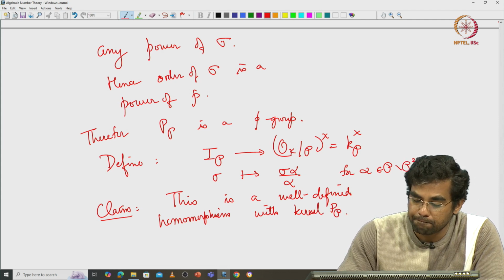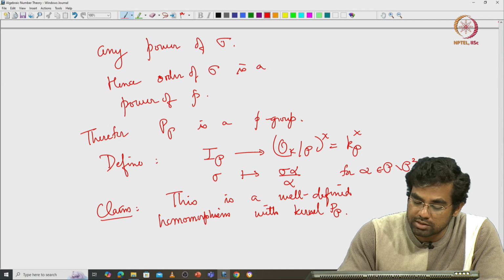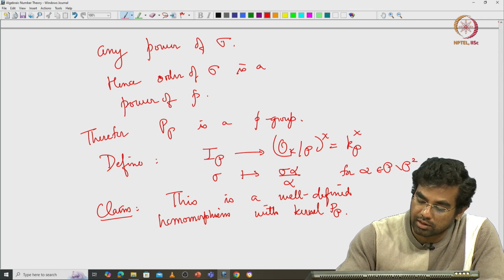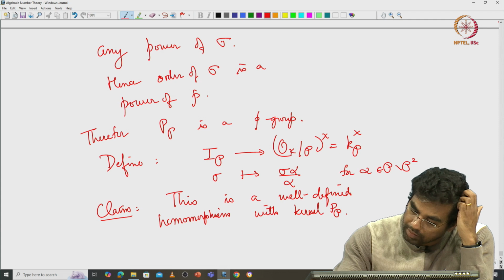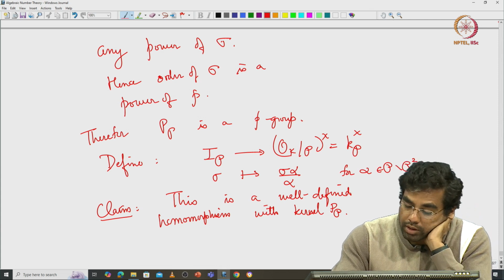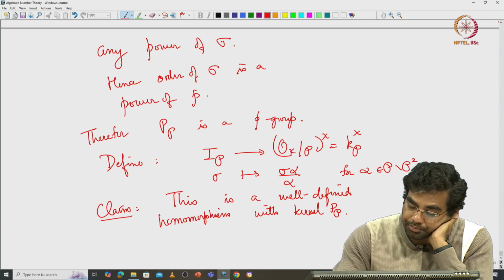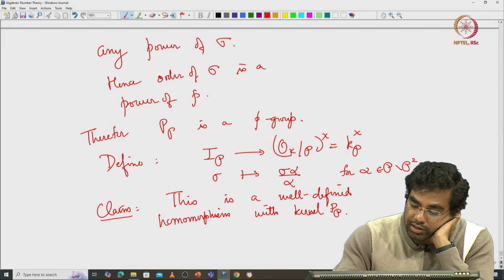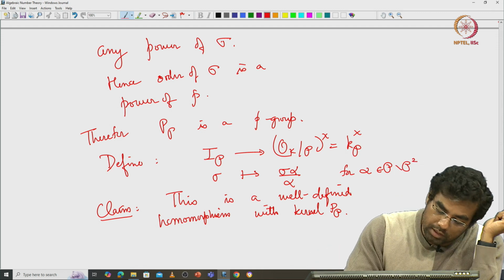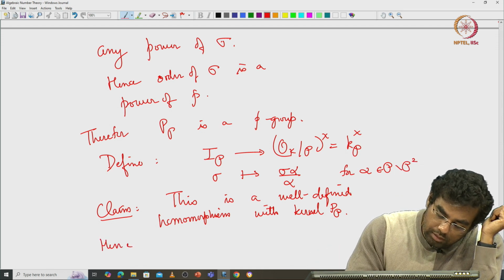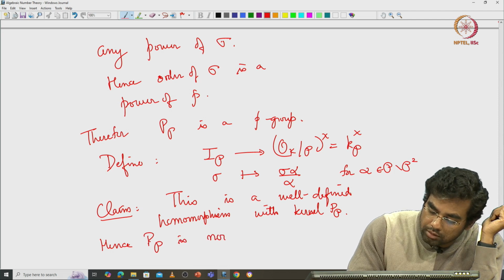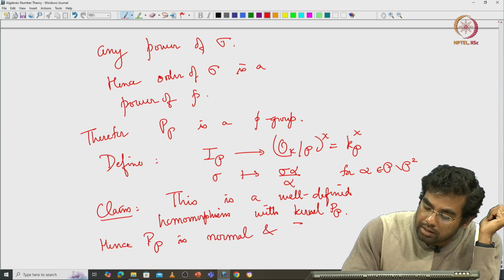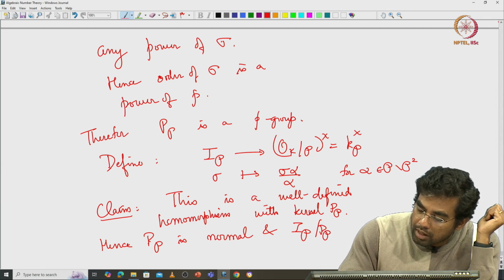This claim is clear because, as I said, it is independent of alpha, we saw that before, and its kernel is by definition P sub p. So, hence P sub p is normal and I p modulo P sub p has order